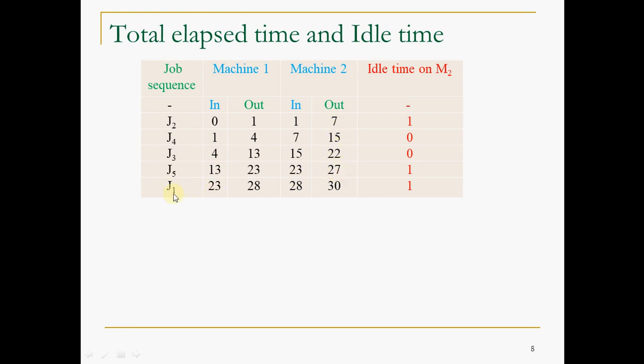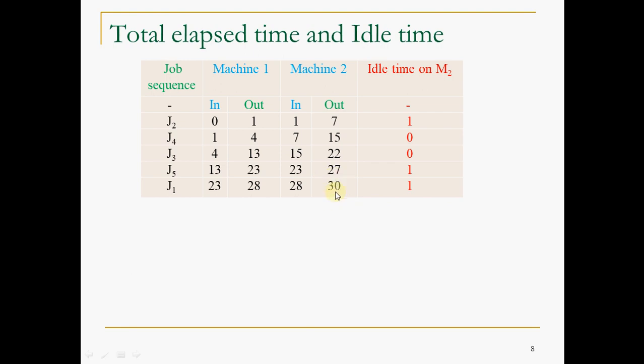But job 5 is coming out from machine 1 only after 28 minutes. Then it has to wait. 1 minute it has to wait here. So 28 will be taken, not 27. If you take 27, it indicates that before completion of the job on machine 1 itself, you are loading it on machine 2, which is actually meaningless. So only after completion of processing of the job on machine 1, it has to be loaded onto machine 2. So 28 plus 2, and the last number is called total elapsed time.